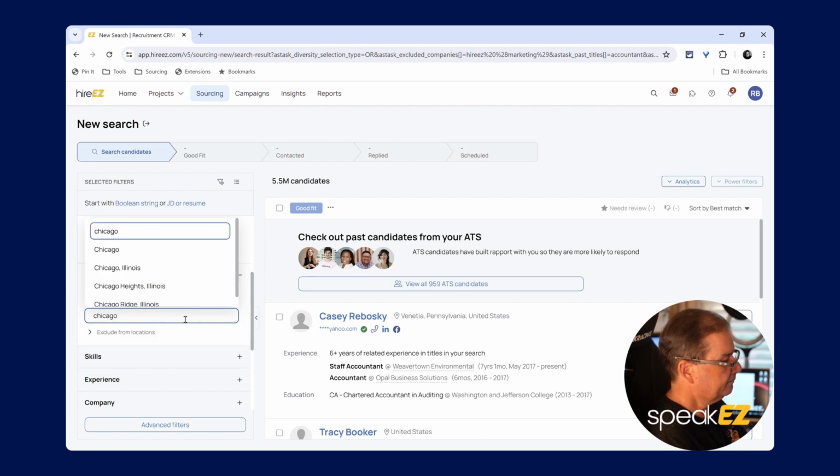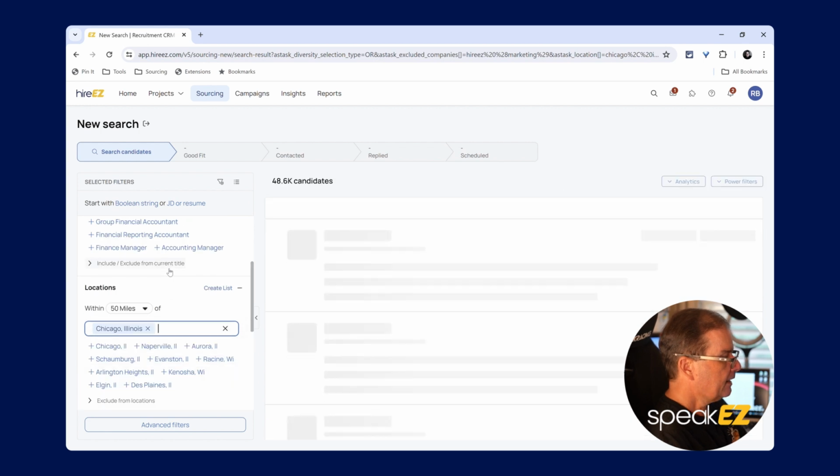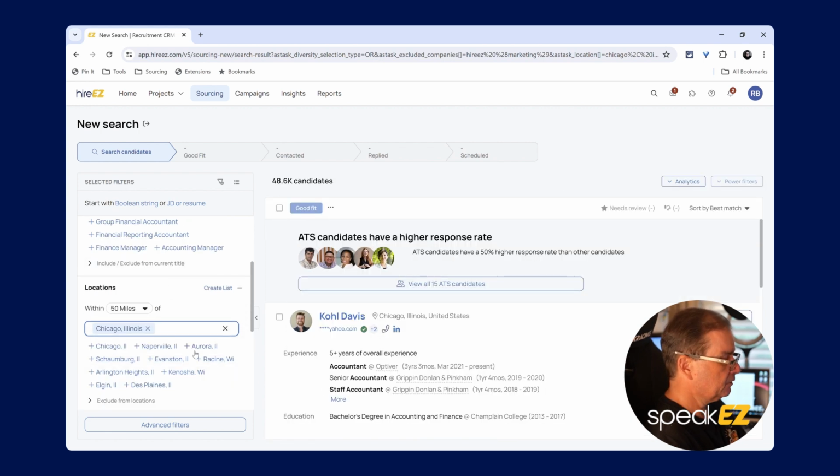And it'll do as a drop down, or we could plug in, let's just put in Chicago, Illinois. And as you can see, if we really wanted to get more city specific, we could do that as well. And we could plug those in and add that into our Boolean search string to look for it. Right now I'm good with just keeping it in Chicago because I want to kind of break it down by